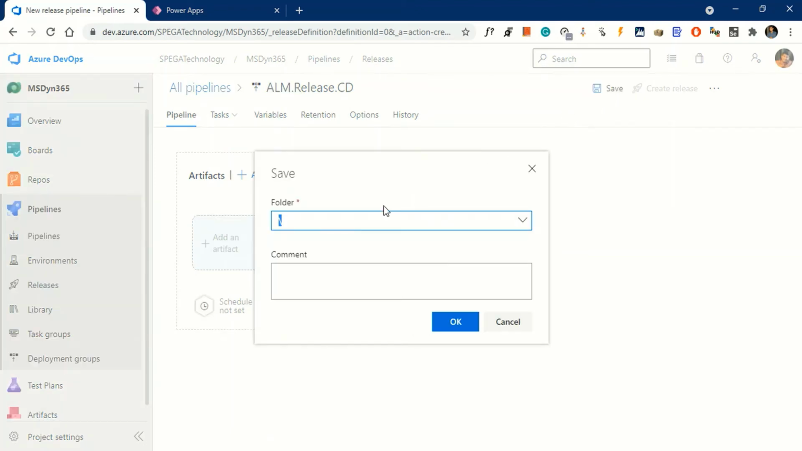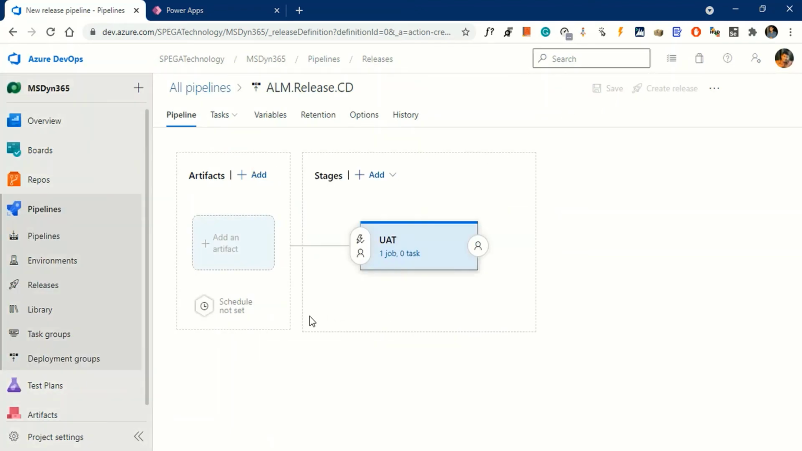Click on save, click on OK. Now the release pipeline got saved. The release pipeline is asking for artifacts. To add artifacts to this release pipeline, click on add,